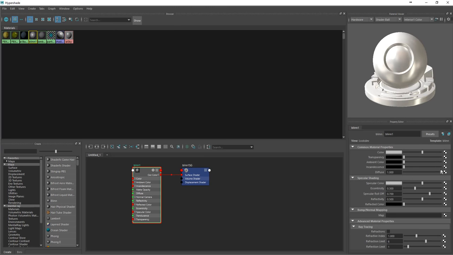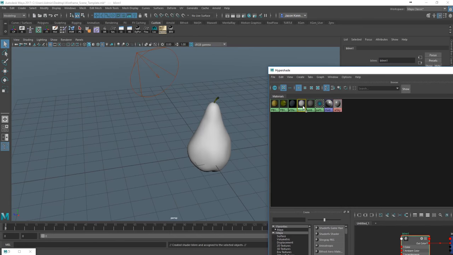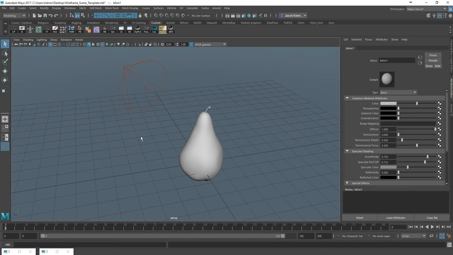I'm going to just push up the diffuse. I'm going to reduce the reflectivity, move up the eccentricity, and probably just push up the roll-off a little bit as well. So maybe just pull down that specular color a bit, something like that. That's probably good. All right, so let's see really quickly what we get when we do that. I'm going to apply that to the stem as well, and this way we don't have to worry about looking at the overall